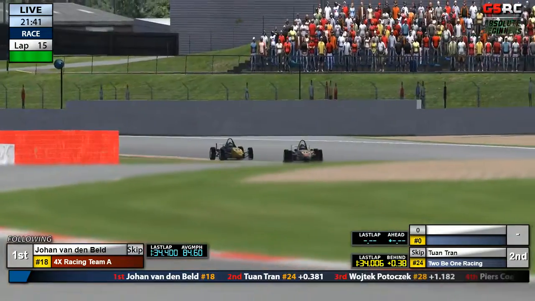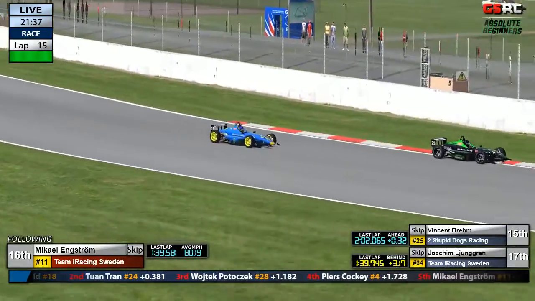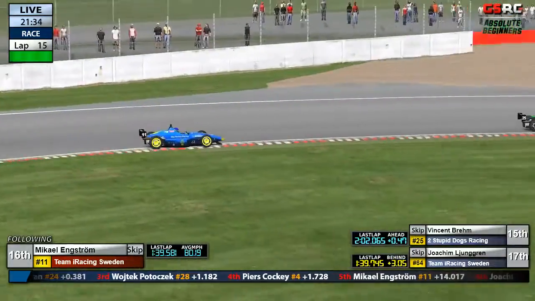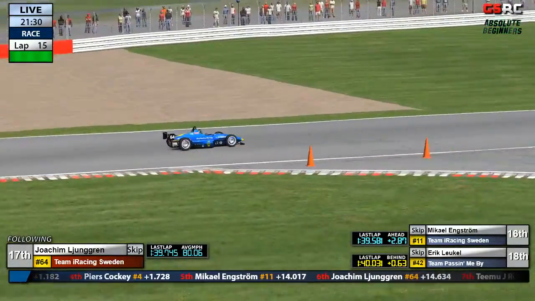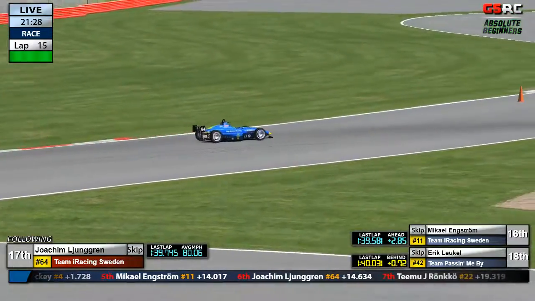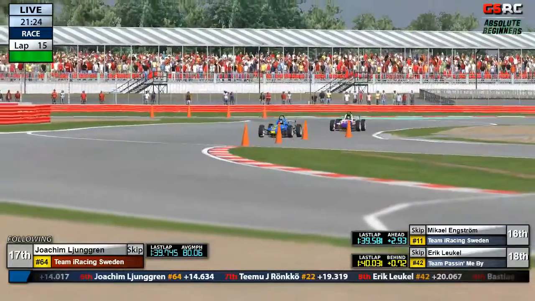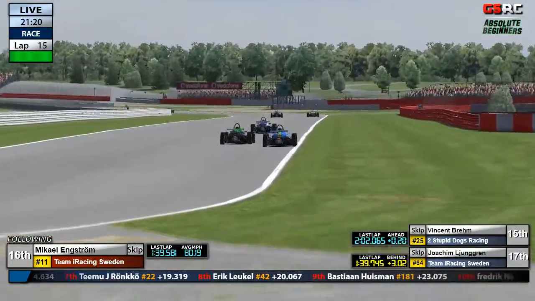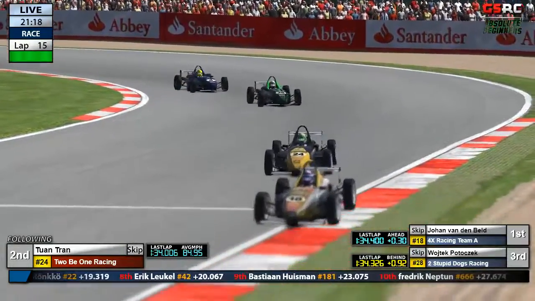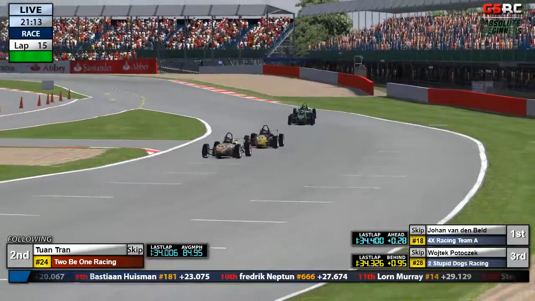And just a note there, Joe, this pit exit, I should say, has two methods you can use to exit the pits. Yeah, that's correct. We could see that there's one where they could go off to the right or off to the left and enter the track a little bit earlier, but they should be about the same. You don't really gain much of an advantage. Meanwhile, P1. Yeah, I was going to say, Tuan Tran getting very, very close to Johan Vandenbelt,